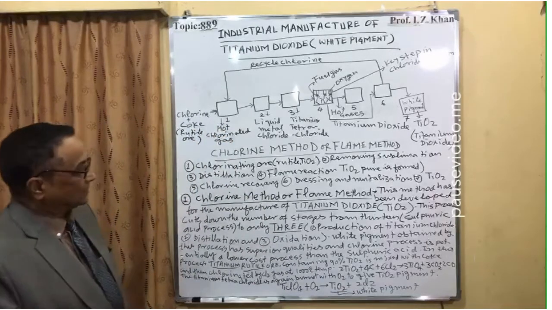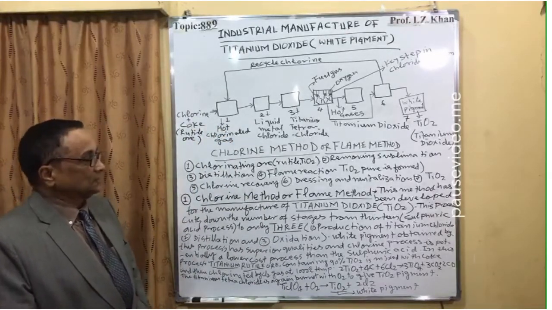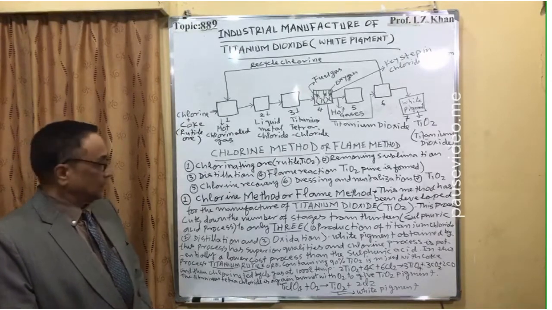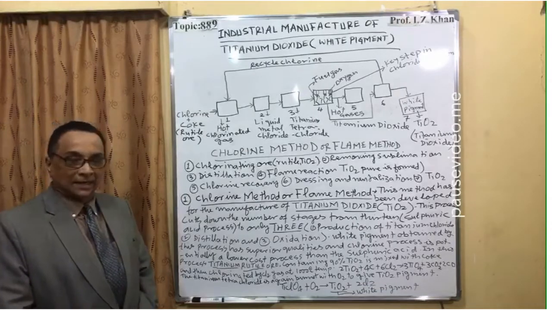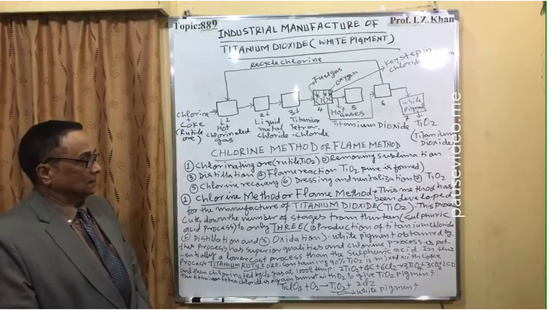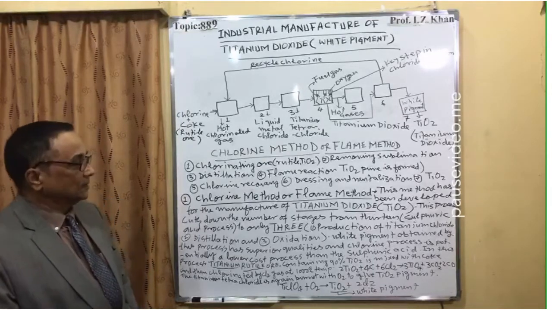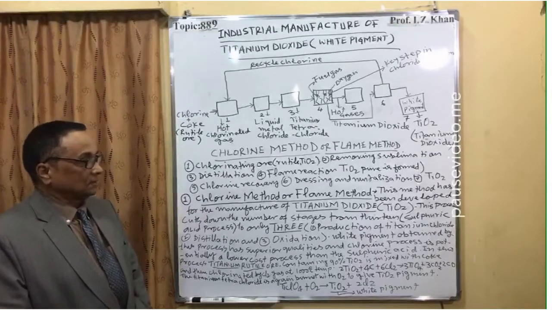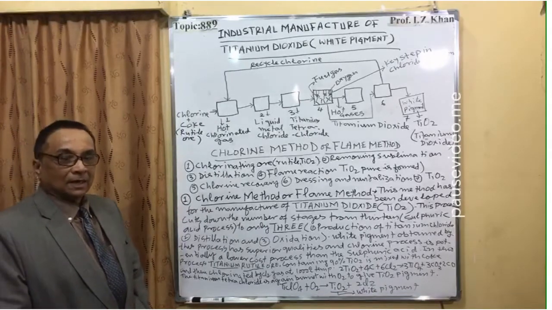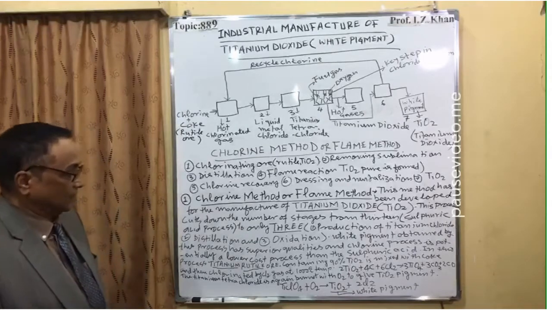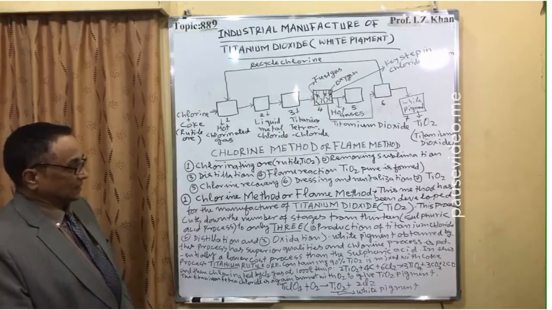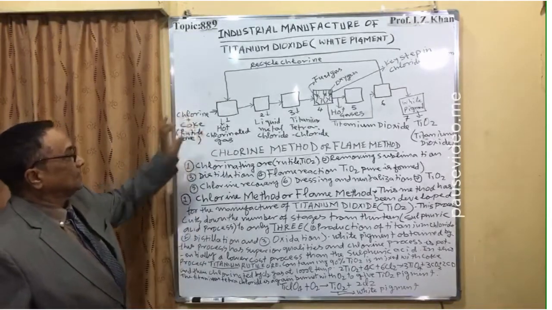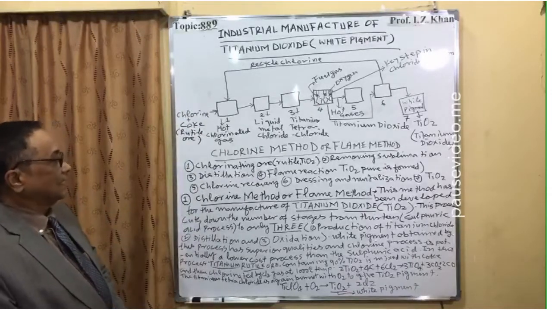Number 1, chlorine method or flame method. This method has been developed for the manufacture of titanium dioxide, TiO2, that is super white pigment, and this process cuts down the number of stages from 13, that is involved in the sulfuric acid process, to 3. And these 3 stages are: number 1, first there is production of titanium chloride in presence of chlorine gas, and the second step is